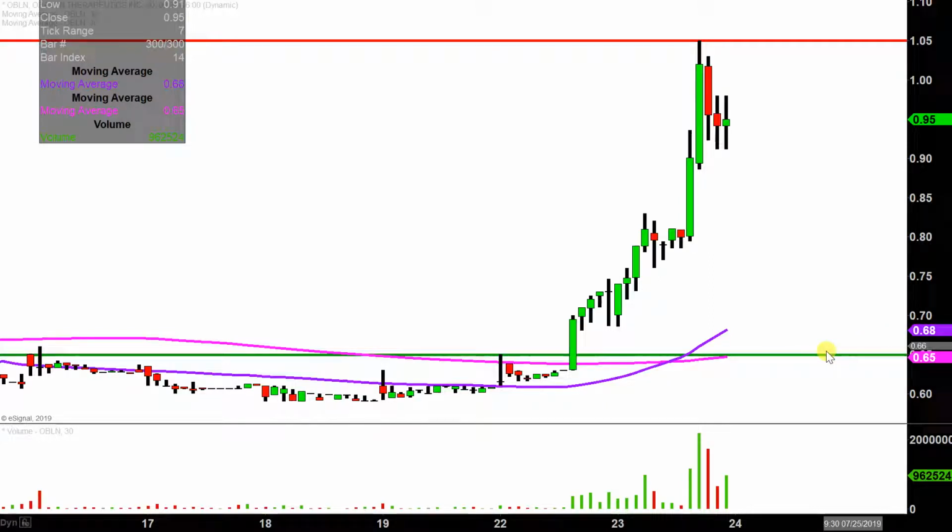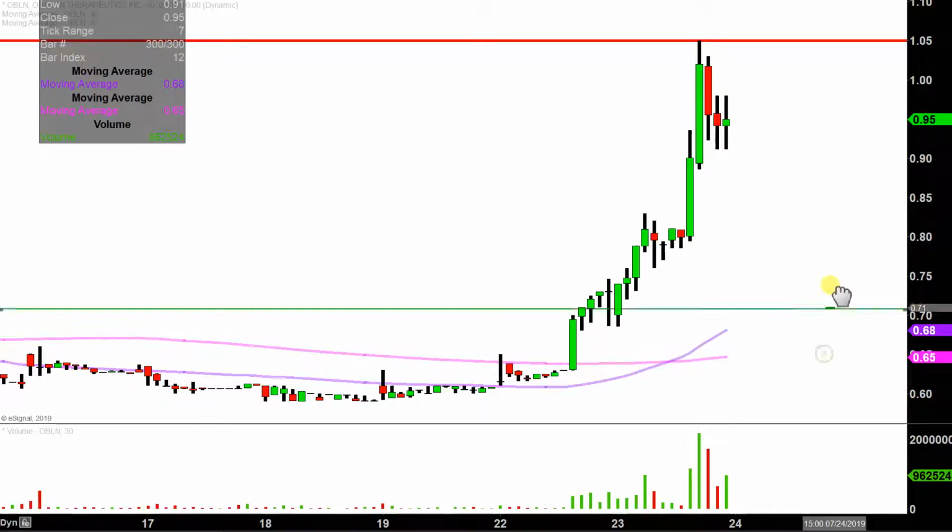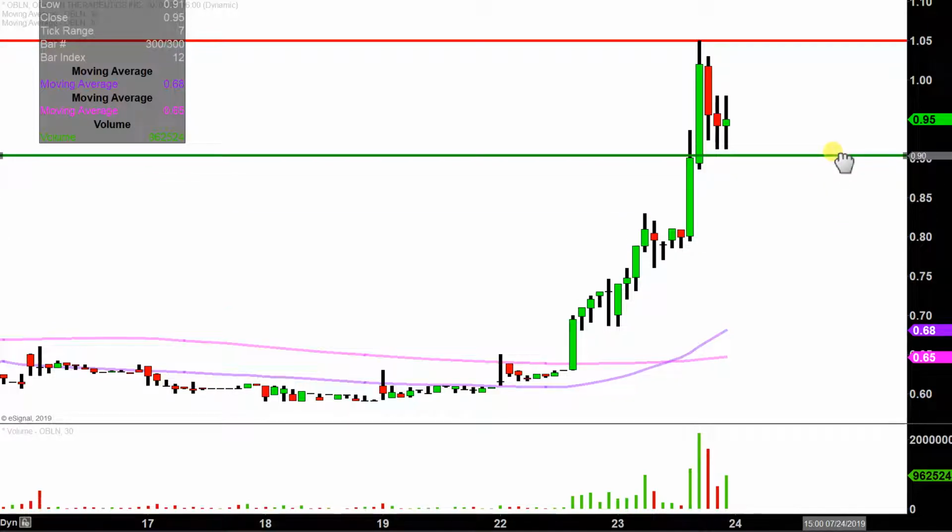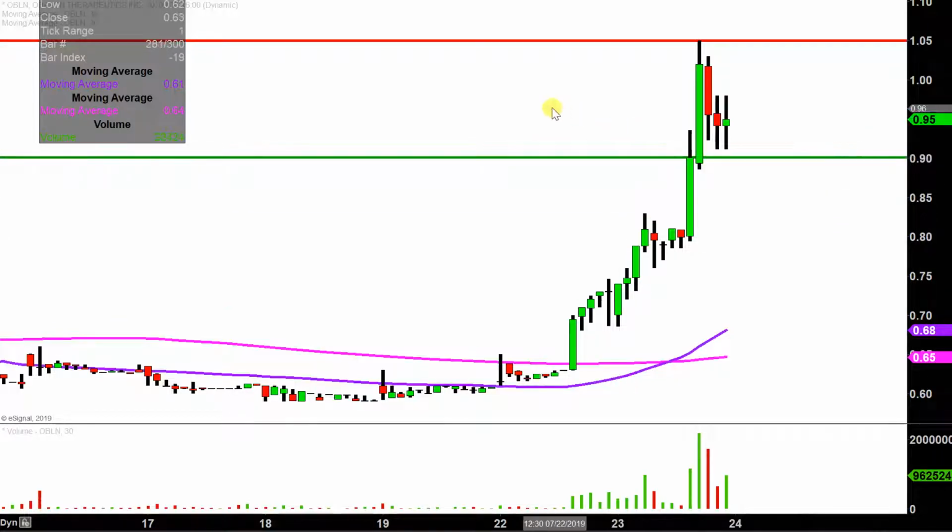So turning our attention here to more so the support levels, the ideal level of support going forward. When you say, hey, Clay, what makes this chart look the absolute strongest going forward? That would be if the price can stay up above 90 cents. With that being said, though, if the price falls below 90 cents, I'm not saying the entire chart is destroyed or ruined or anything like that. But yeah, if the price could manage to stay up above that level, that would definitely be a massive sign